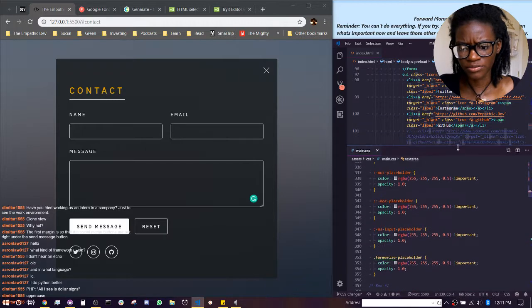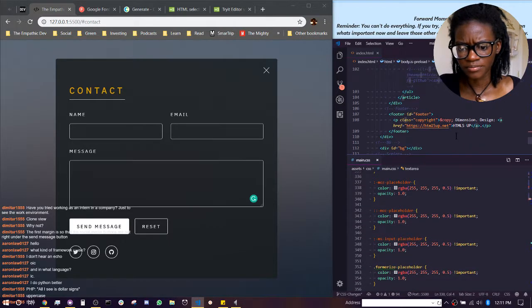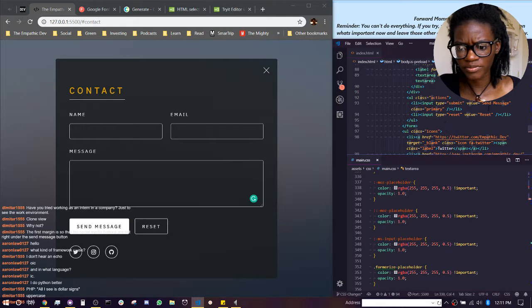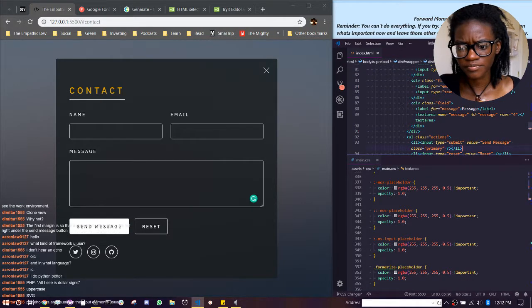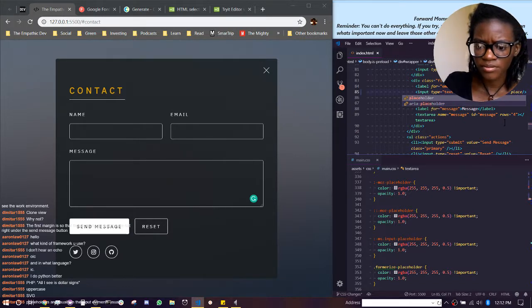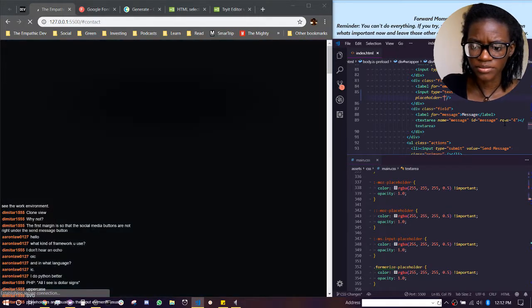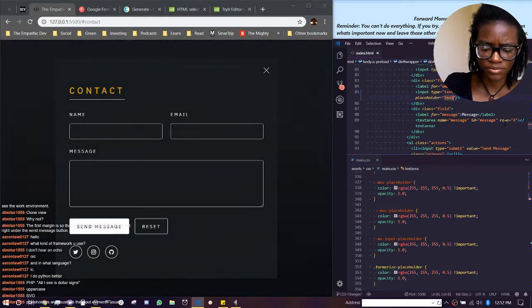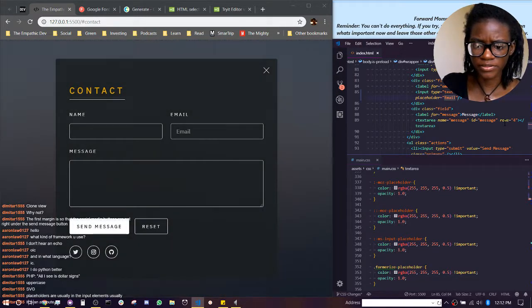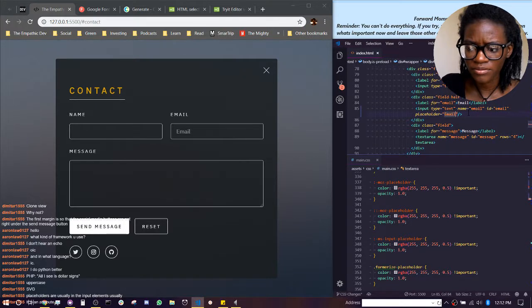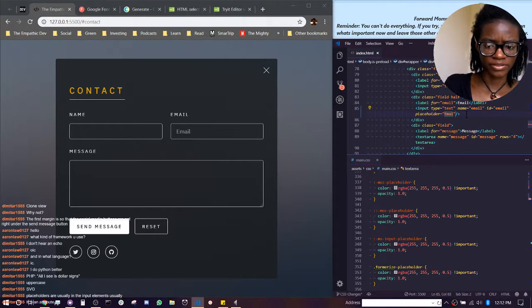I don't think there is a placeholder on these form inputs. No, there isn't. Yeah, no. Placeholder. What is this? Email. Okay, there it is. That looks right. I'm gonna put like a